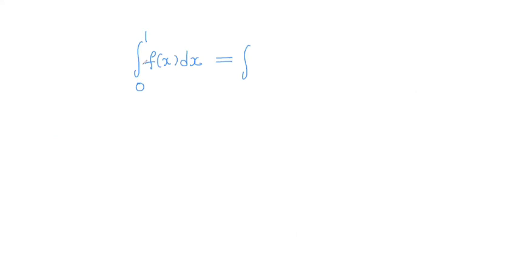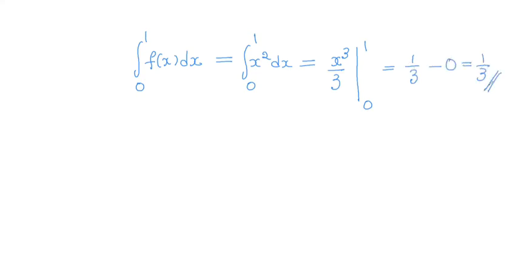And now we have a classical method to integrate this function from 0 to 1. That is using the indefinite integral. So f of x here, which we have considered, is x square, from 0 to 1. So we will integrate it. It is a definite integral which has a definite range. So the integral of x square is x cubed by 3. And to calculate the definite integral, we apply the upper and lower limits. So it is 1 by 3 minus 0. It is 1 by 3.